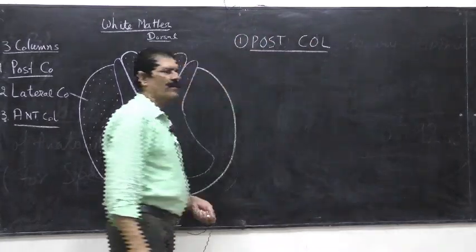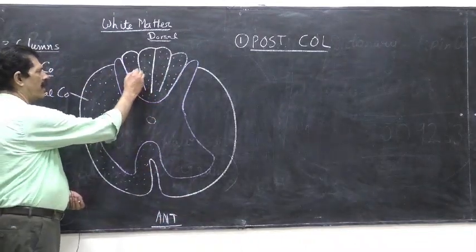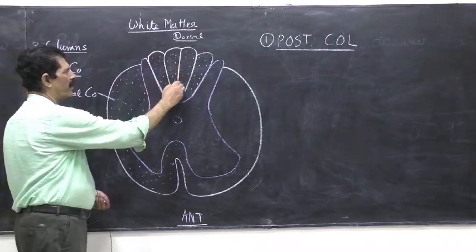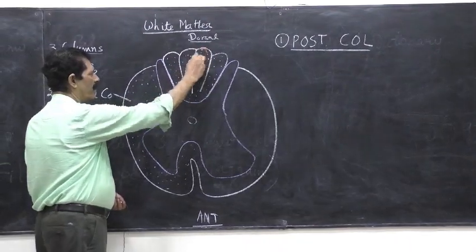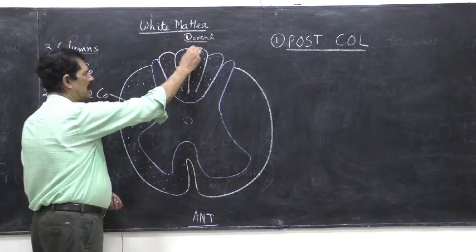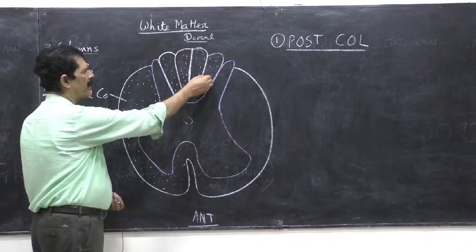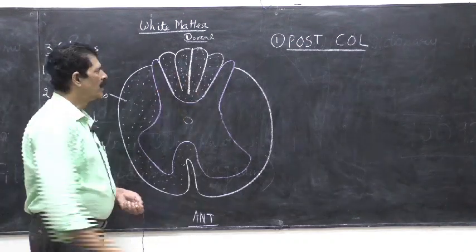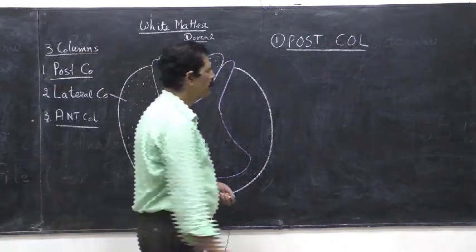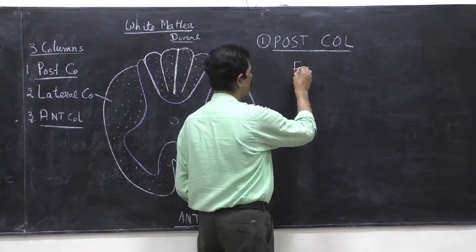So posterior column is also called the dorsal column. So it contains many axons or the bundles of the nerve fibers. So this is the one bundle, and this is the posterior median sulcus, and this is the posterior median septum, separating the right with the left. So in the posterior column there are 2 bundles present. They are called